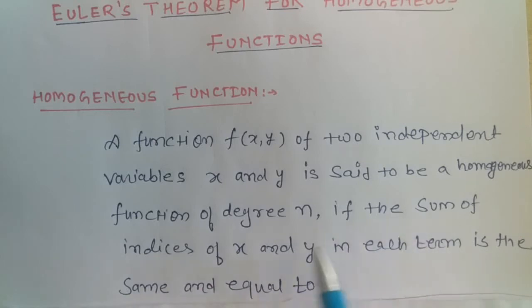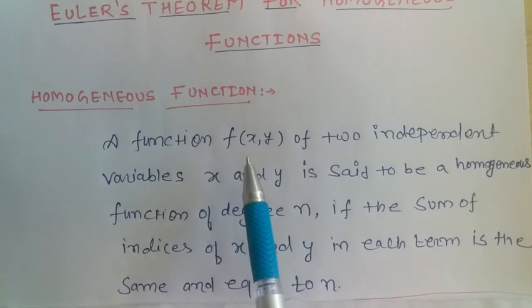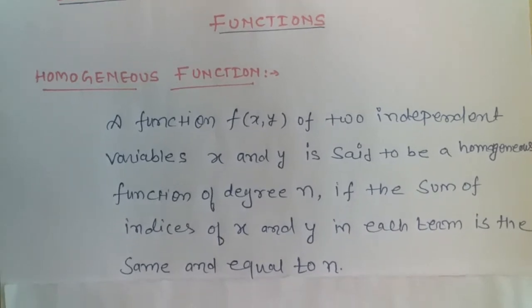If the sum of power of x and y in each term is same and equal to n, then the function f(x,y) is called homogeneous function of degree n. For example,